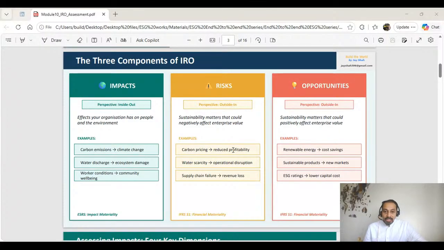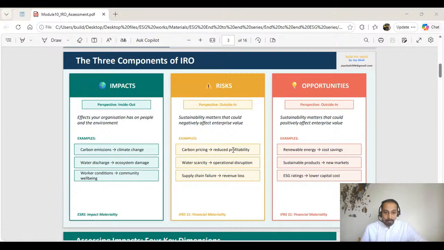Now, and this is really important, impacts can be positive as well as negative. If you run a community skills training program, that has a positive impact on people, because it's a social impact program you are already running. If you restore a wetland, as part of an environment program, that is also a positive impact on the ecosystem. So ESRS requires you to consider both. What are the positive impacts of your products and services, and what are the negative impacts,